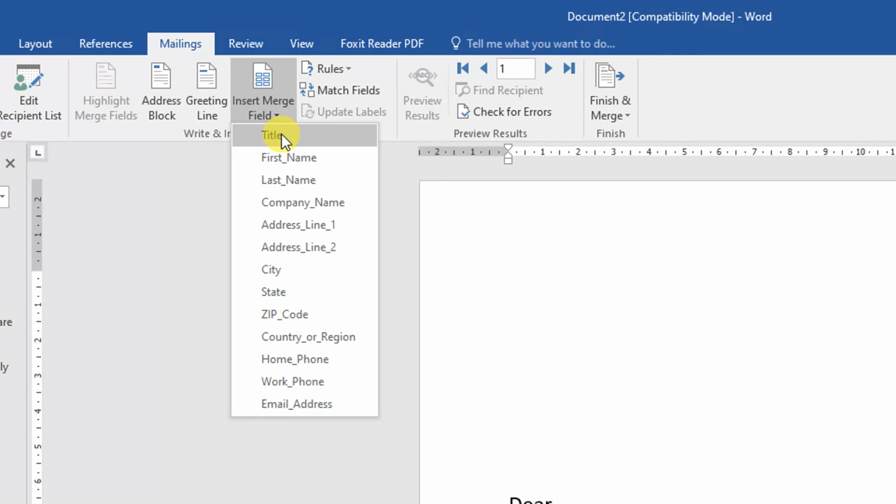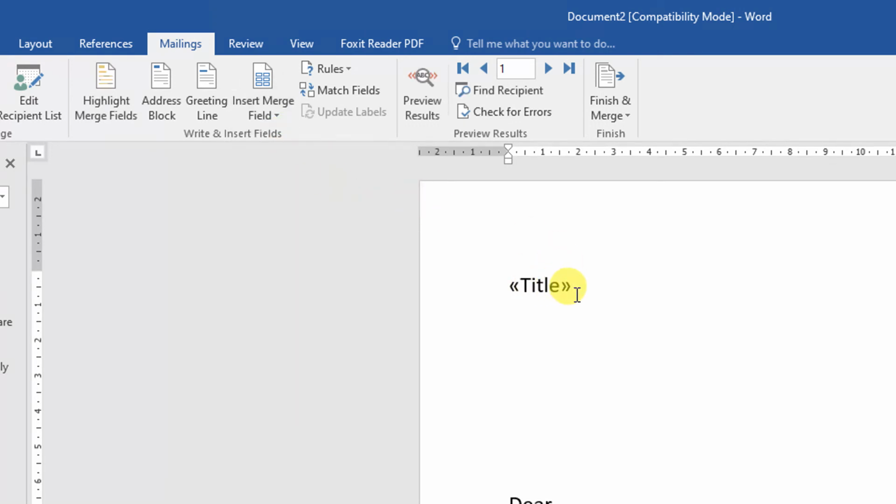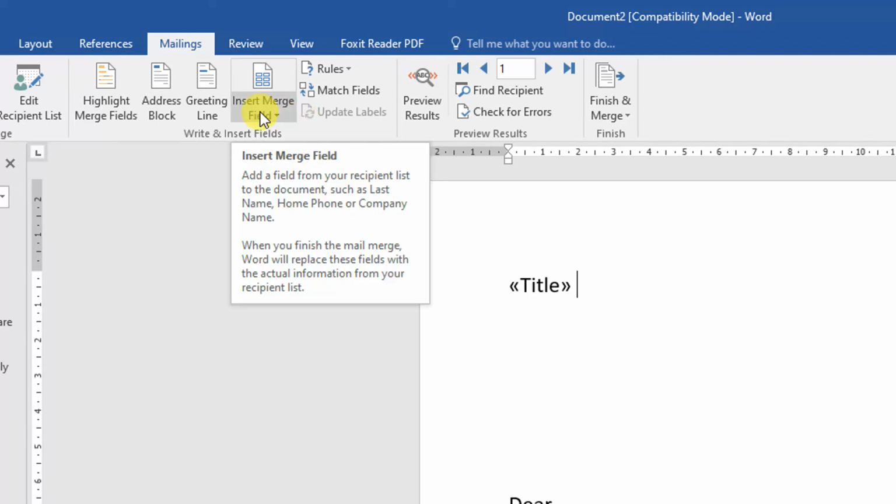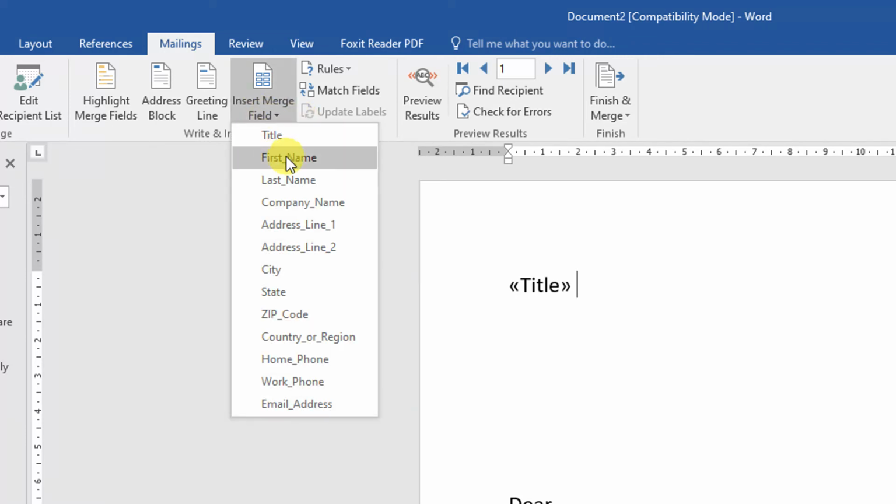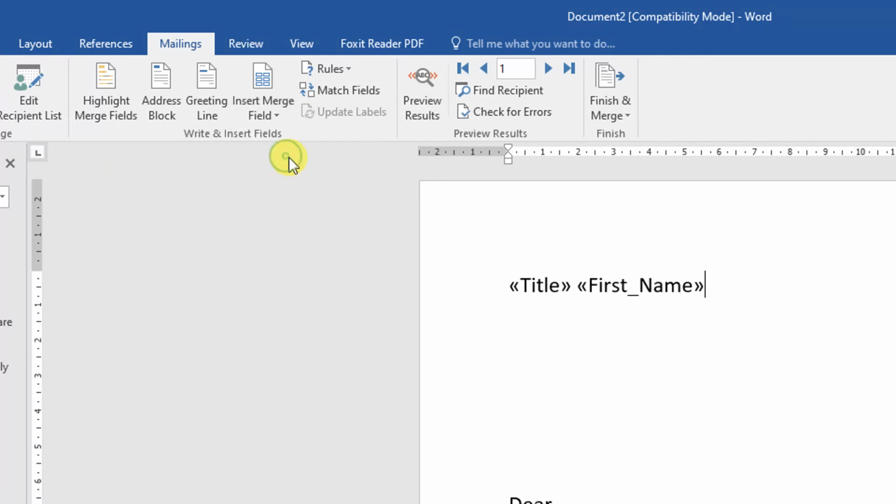Now if I click Title, you can see that where the cursor was, the title field will come. Now after title I want first name, so I will again go to Insert Merge Field, then I will click on this First Name field. So now here first name will appear.